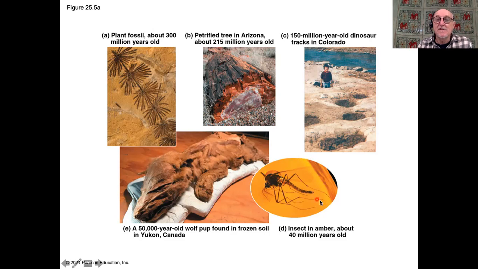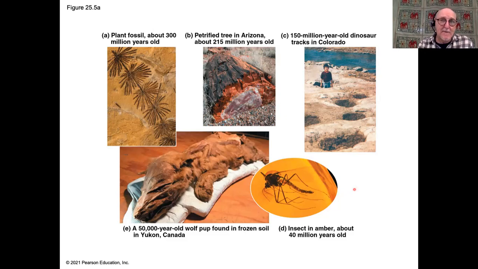This is another kind of fossil that you've probably heard of if you've ever watched Jurassic Park. This is a mosquito embedded in amber. Amber is fossilized sap of trees. And it very frequently incorporates insects because insects are attracted to the tree sap. They try to feed on it, they get stuck in it, and they get incorporated and then fossilized. So these are all different kinds of fossils. Any of these can provide us with really useful information.